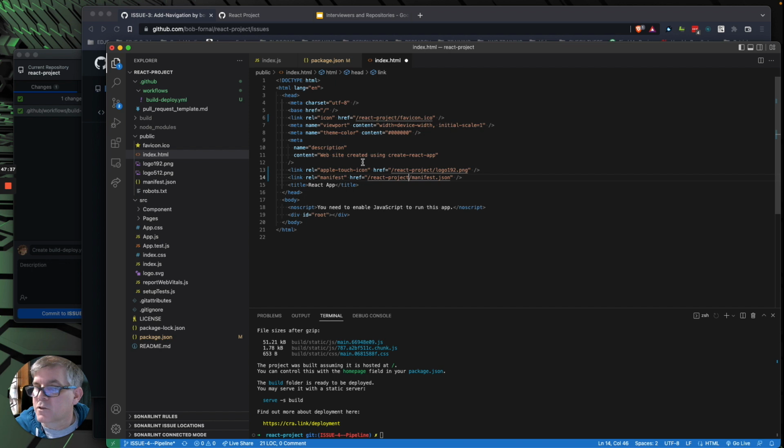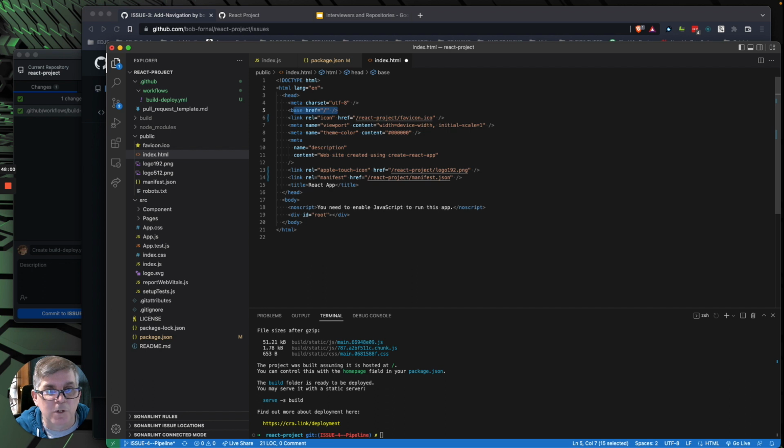Because it's looking at the root. So the root for the GitHub pages is going to be bob-4 githubpages.io / the name of the project, which is React project. If we don't have that on there, can't find the images. There are other ways to do it. This is what I've found works. We have to make sure that base href is in there. We have to make sure that piece is in the package.json.